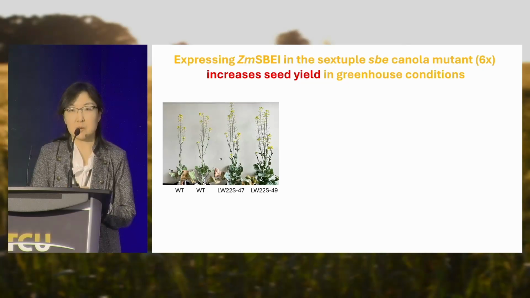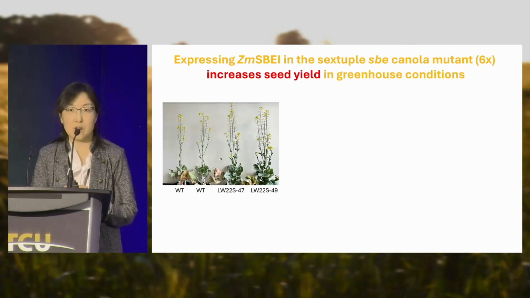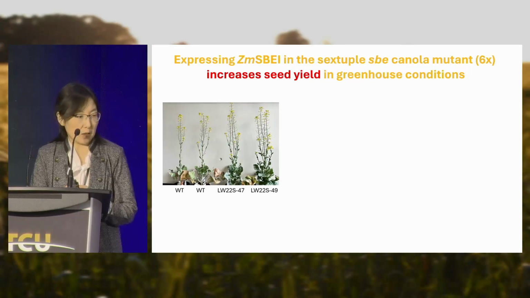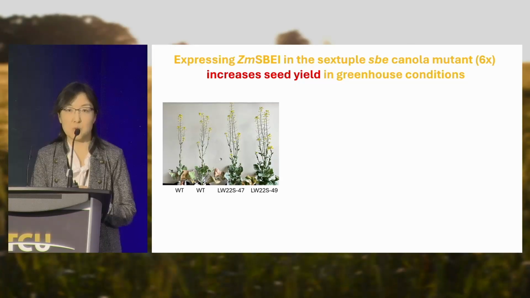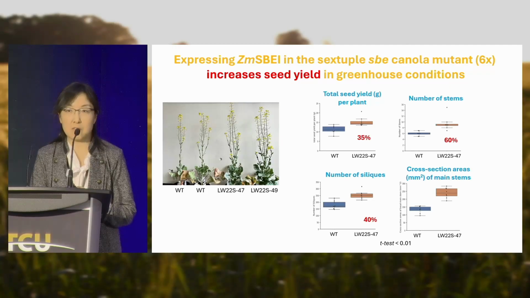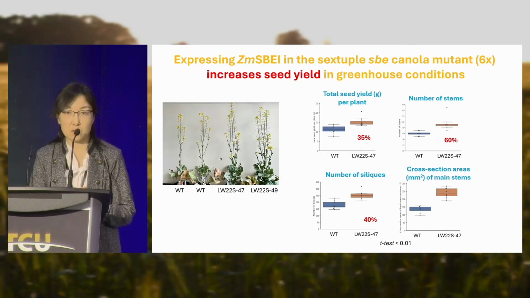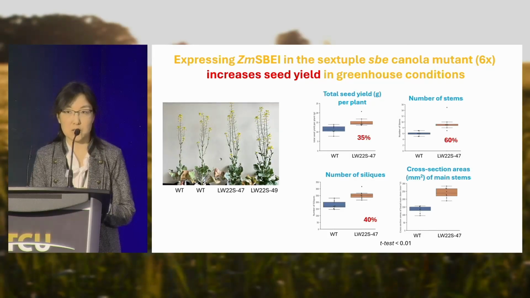Now this is an image illustrating the transgenic plants overexpressing maize genes in the greenhouse. You can see transgenic plants are much more vigorous than wild type. These values are an average of 10 plants grown in greenhouse conditions. You can see the seed yield increased by 35%, and we also observed an increased number of branches of